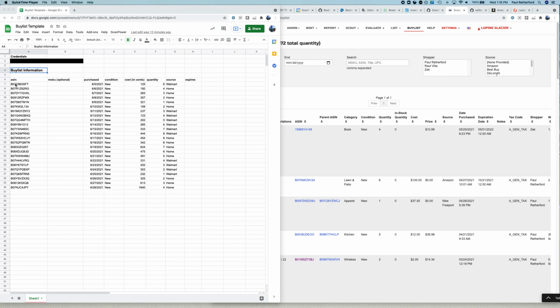And what we've done is we've made it possible for you to selectively import these into your ScanPower buy list. So I'll quickly explain what's going on. At the top, there are two cells to enter your email and password for ScanPower, and we'll use that to connect to our API. And then the buy list information is pretty straightforward and is recorded below with these columns: